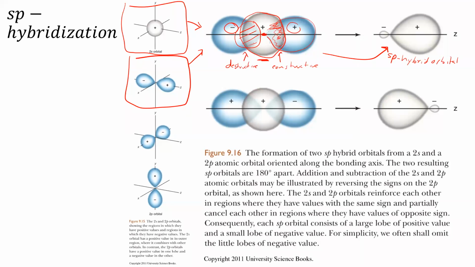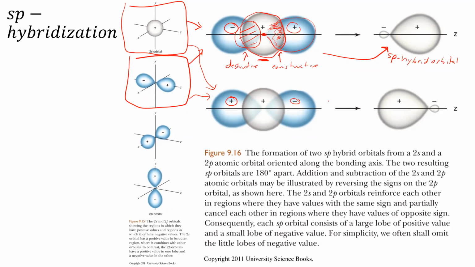Okay, and that's from just combining those wave functions. But when we combine functions, we have to combine them not just in the one way, where the p orbital in this case is one phase on the right and a different phase on the left. We have to do it in the opposite way as well. And so if we switch the phases of the p orbital and then combine these again, we'll get